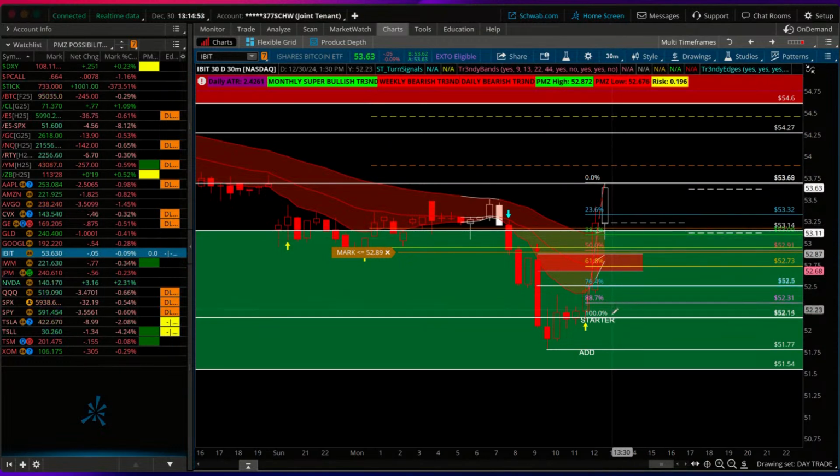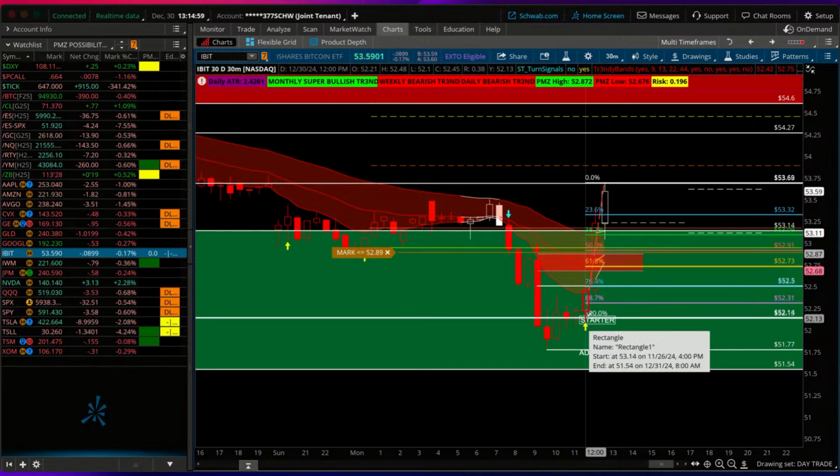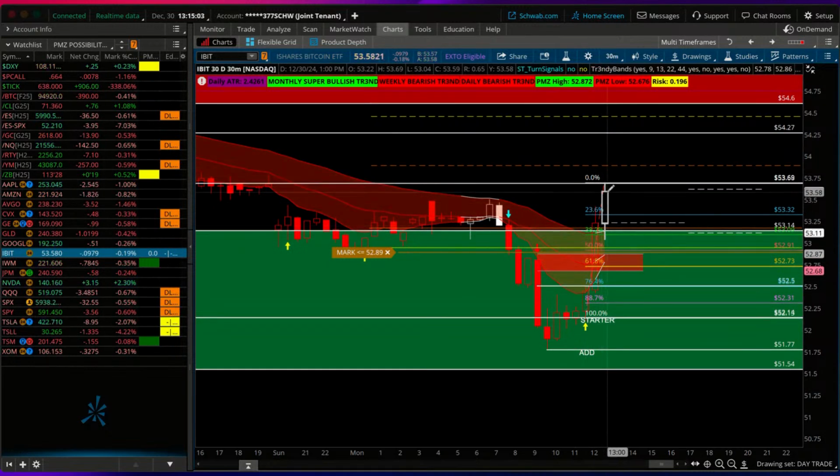So in this case, with IBIT, which I had a bid here and it didn't get filled, believe it or not. So I am not in the trade. I wish I were. But anyone in the trendy room listening to me, if your bid did get filled down here,